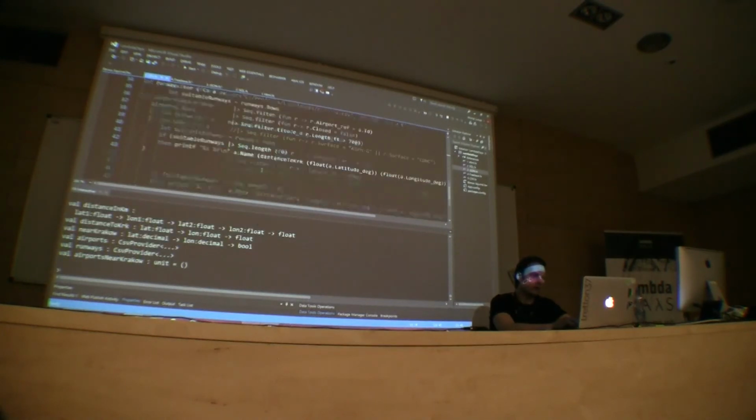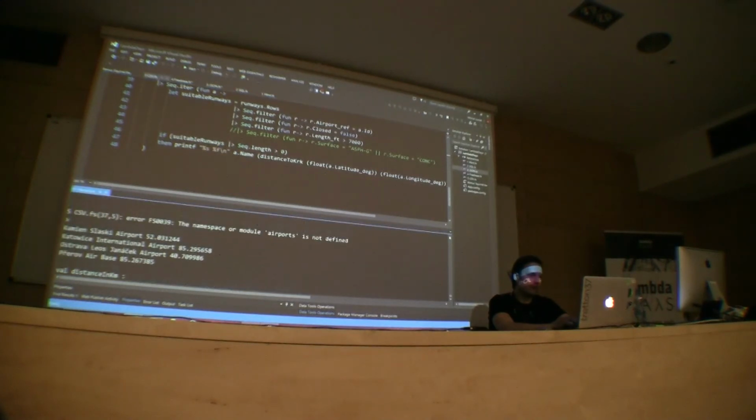Oh, yes. Cool. So, yeah, I found like four airports. There's Kamień Śląski, I have no idea where that is. There is Katowice International Airport, Ostrava, and Prerov Air Base. This would probably be good if I bought a strategic bomber, but probably not good for a business jet. Yeah, interesting. There is no Krakow airport. I would actually expect it here, but yeah.